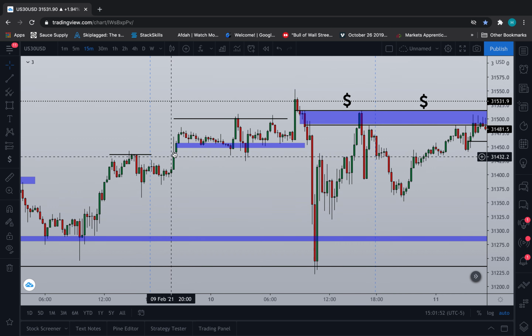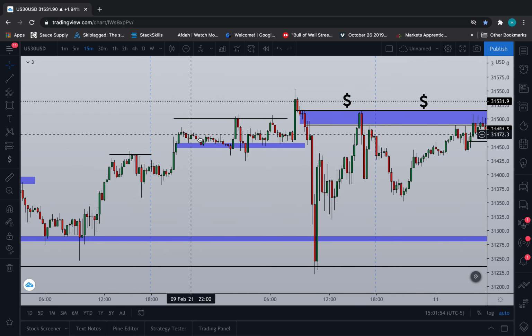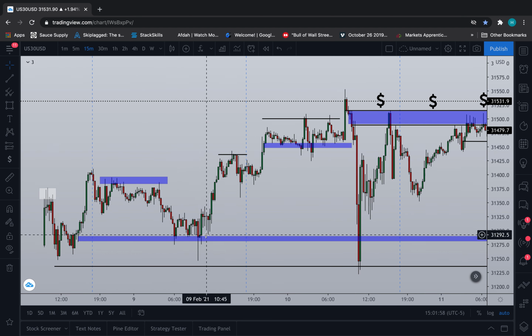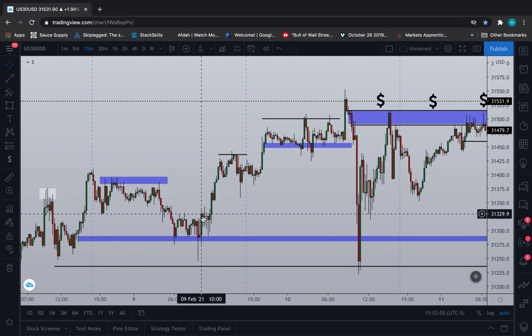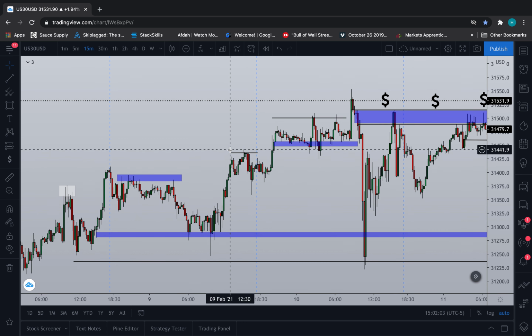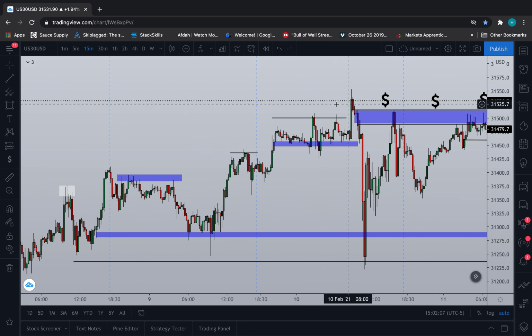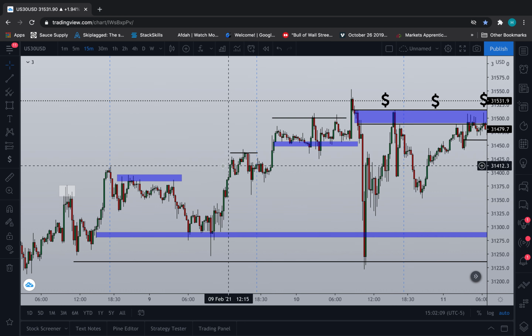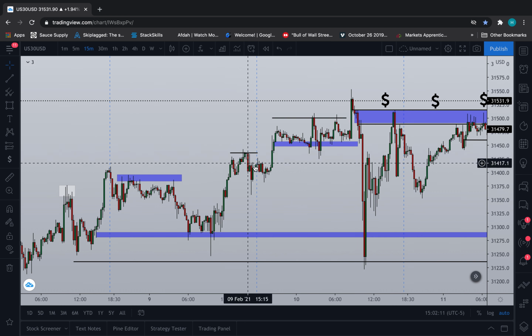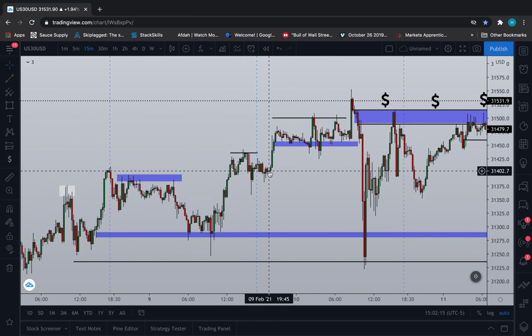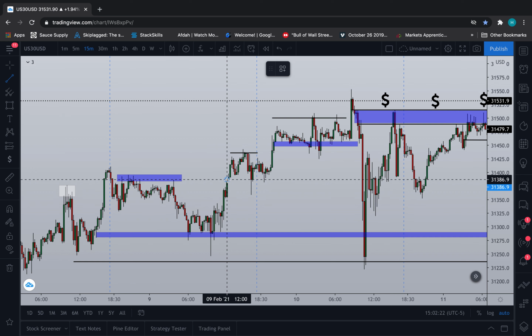Outside of New York session, price goes above that zone, right? Clearly, there was already a trend. Price came from this area, broke above, pulled back, continued, and so on and so forth. That also is another reason why price can move the way it does. Higher highs and higher lows. Okay? That's why oftentimes you'll see price consolidate in a zone like this,